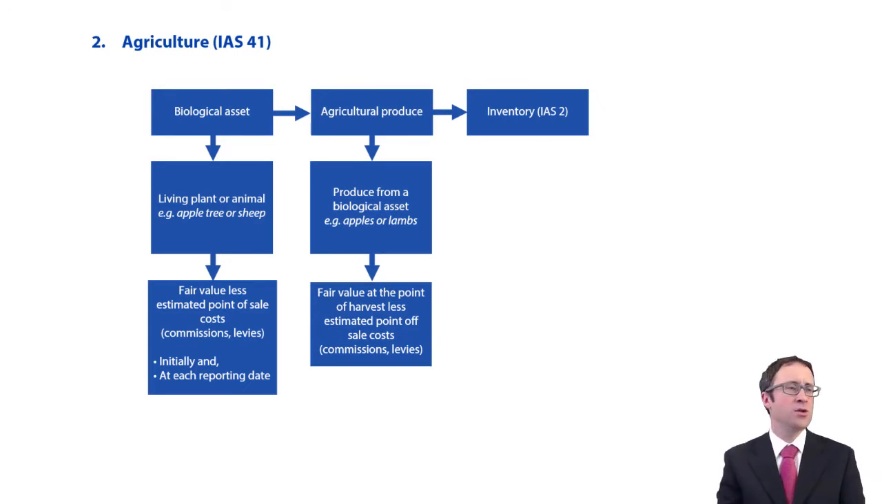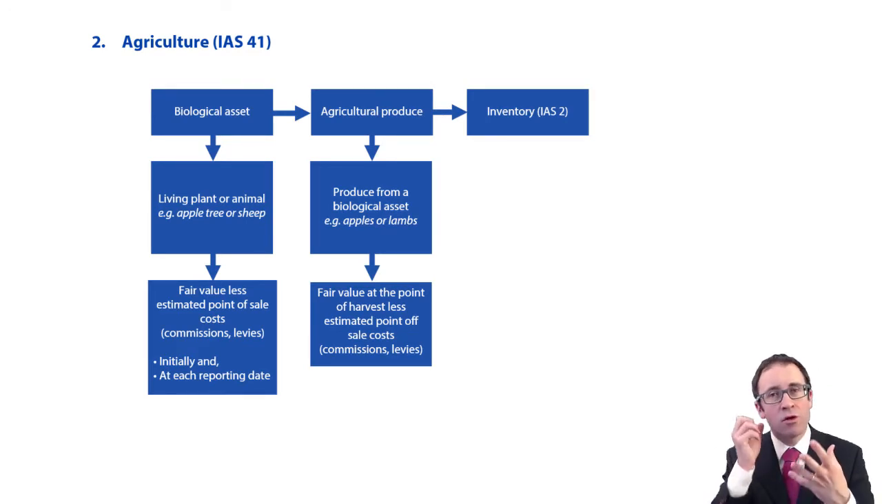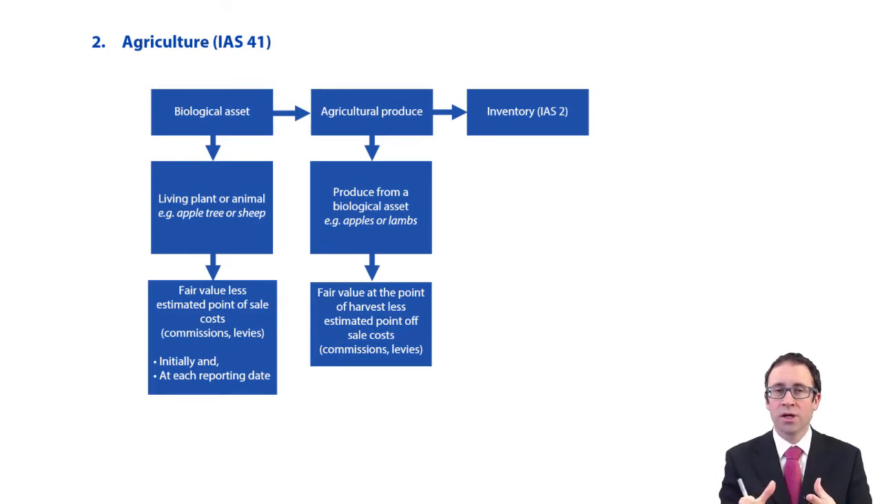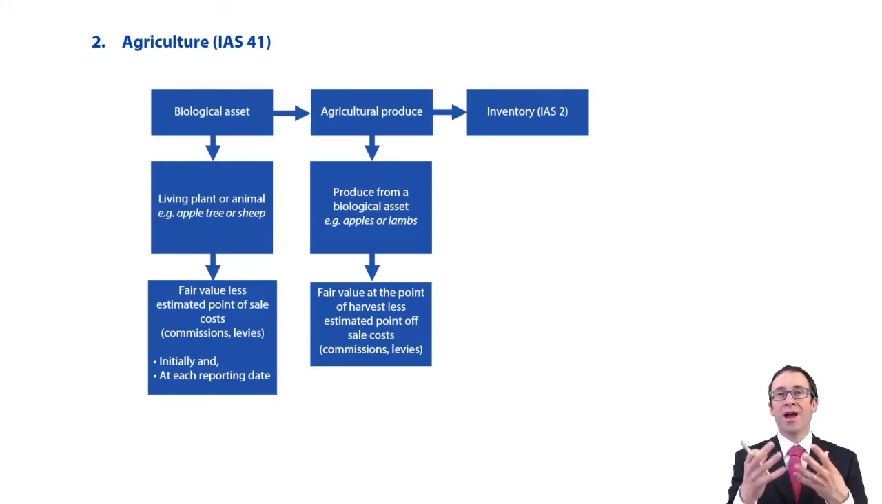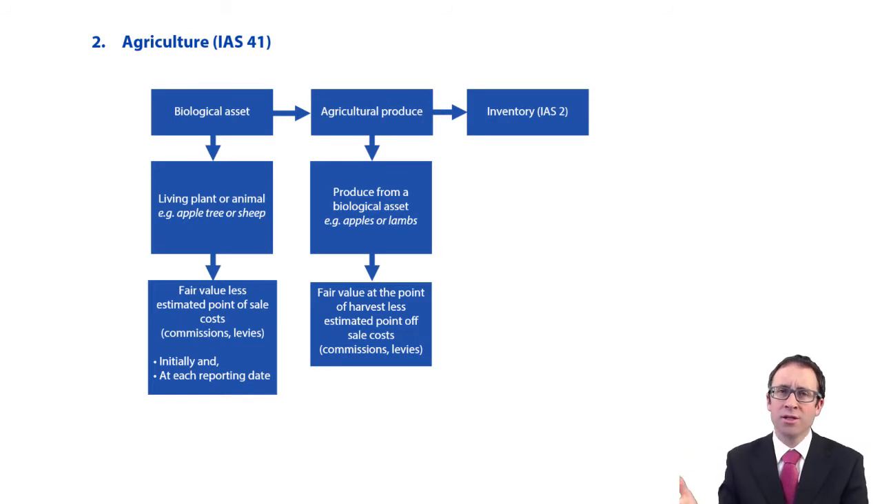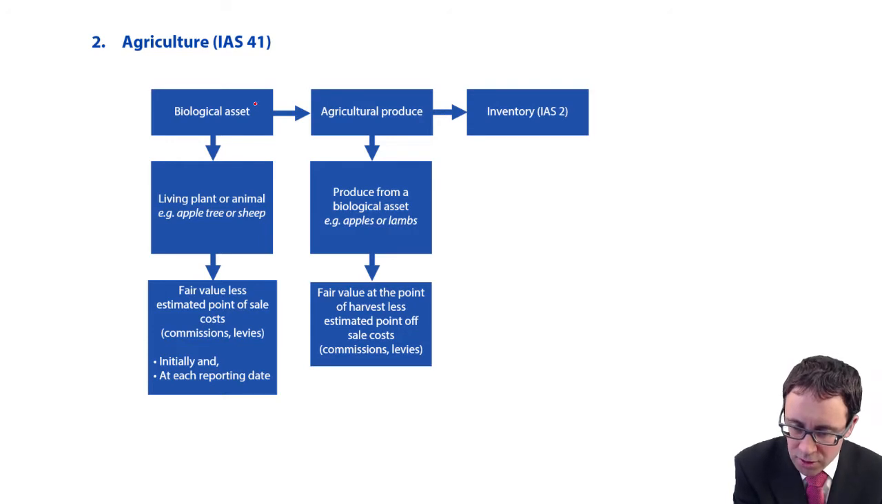Now, what you could have is a business that actually produces the goods that need to be sold. So you're actually the grower of those goods. So if you're a farmer or a wine producer, then the agriculture standard, IAS 41, would be relevant to you, because what you've got is a three-stage process in terms of how we get to that inventory at the end. The first step within there is looking at what is referred to as your